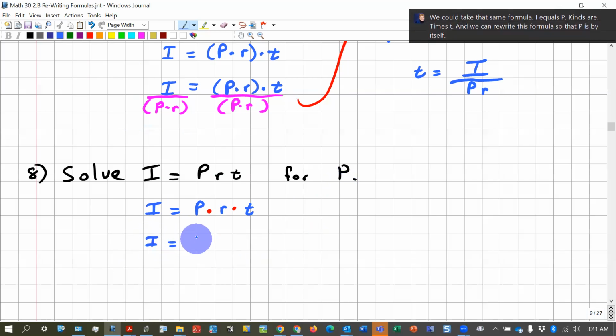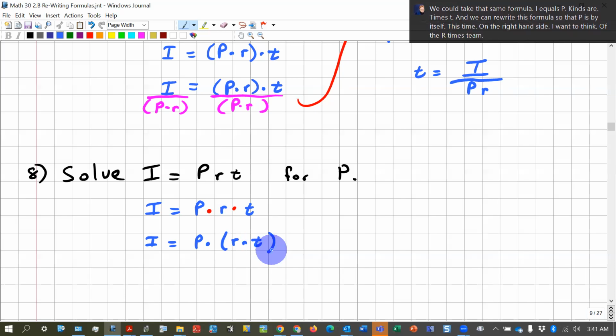This time, on the right-hand side, I want to think of the r times t, I want to associate those two together. And I can do that because the right-hand side has only multiplication, and because multiplication is associative. So now,